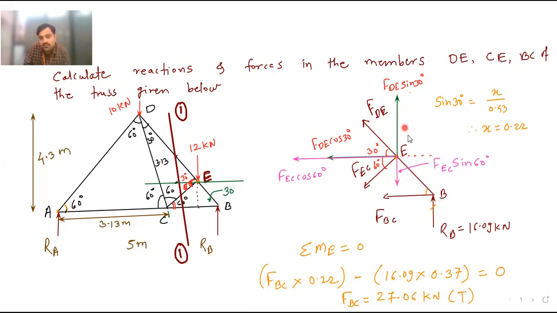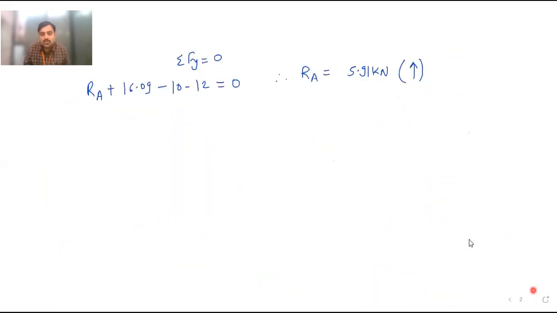So these three forces I will get in Fy. First is FD sin 30, second is FEC sin 60, and third is RB. Only these three forces will contribute to summation Fy. So I will write here, if you apply summation Fy equal to 0, then